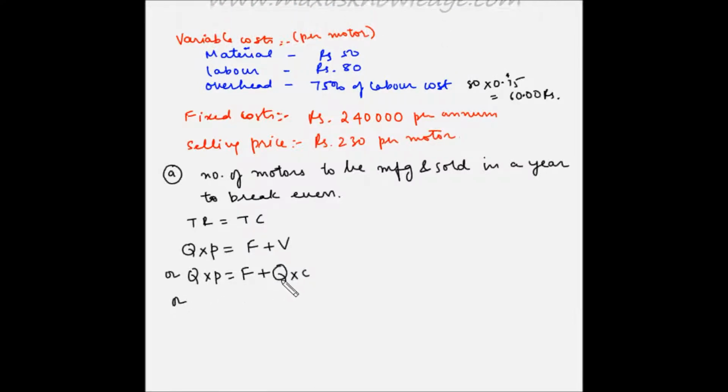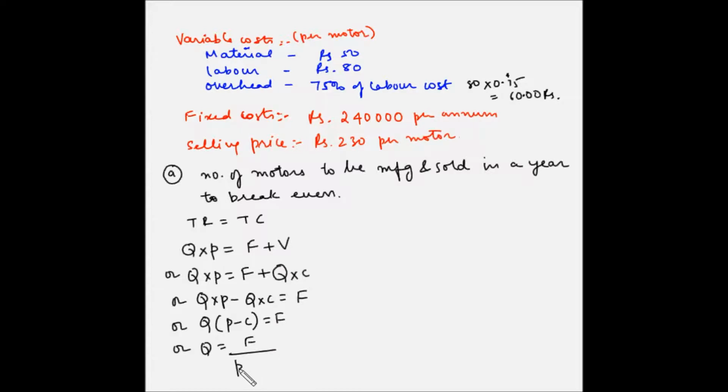So let's bring the expressions with Q on one side, because that is what we have to find and Q is the variable. So Q multiplied by P minus Q multiplied by C is equal to F, or Q multiplied by P minus C is equal to F,